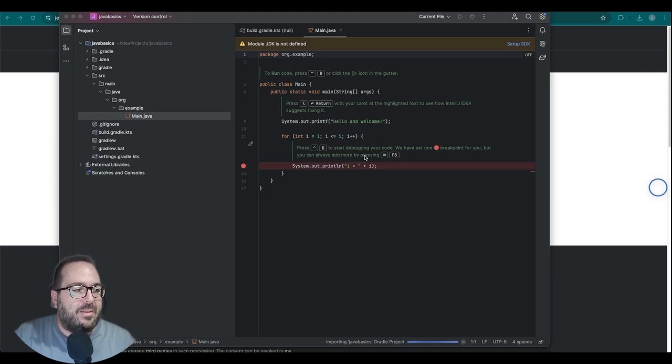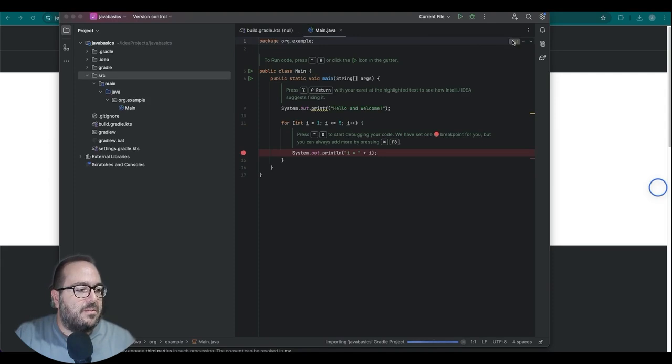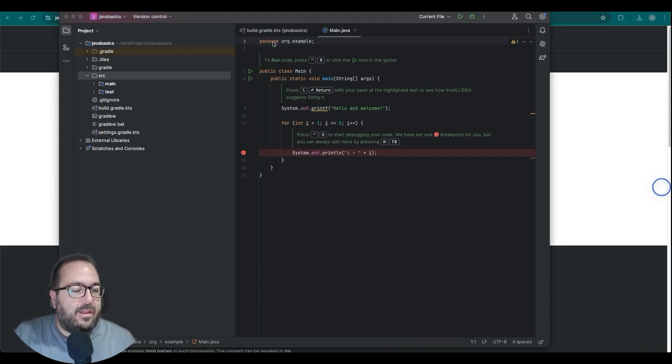Cool, here's our application. It's already set up. You will notice a warning here, but it's going to go away as soon as the importing and build is done. Let's wait a second for this one. And everything looks done right now, right? This is a basic setup. It comes when you start a new Java application. You don't need to worry about anything that's on the UI right now. But you need to know that everything here will make sense eventually.